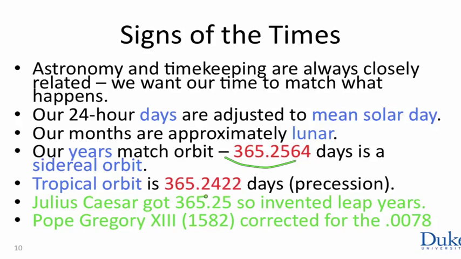Correcting for the deviation between 0.2422 and 0.25 required removing some of the leap years. That is why on centuries that are not millennia, in other words, years whose number divides 100 but not 1,000, we do not add a leap year. We do not add a 29th day to February. Those years are only 365 days long. The average year is a little bit less than 365 and a quarter days long. In fact, it's close enough to this number on average that it'll be millennia before we have to make another